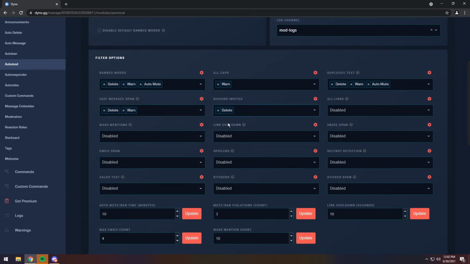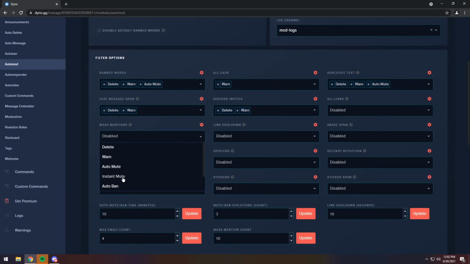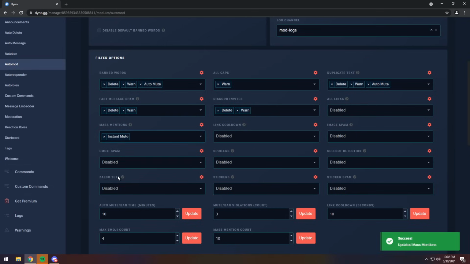Discord invites, I usually just delete and warn. If you have a whole bunch of people spamming Discord invites all the time, you could have auto mute once again. There's links. I let links go. It's completely fine. Next up, there's mass mentions, and I absolutely hate when people do this. So what I'm going to do is click on it and click instant mute. Now what this will do is if anyone mass mentions, it will instantly mute them for however long I choose. Now I'll show you how to set the duration and stuff later on towards the end, but let's continue on